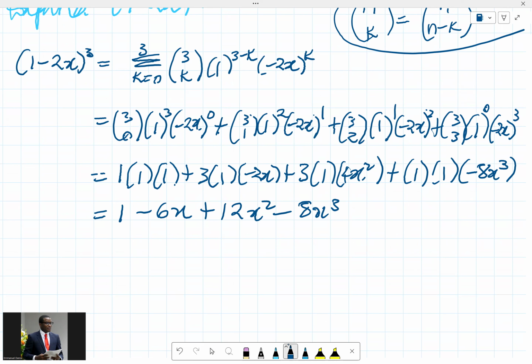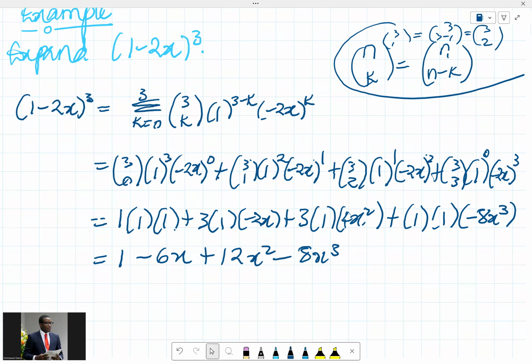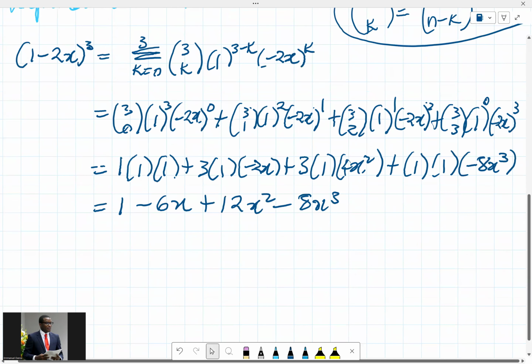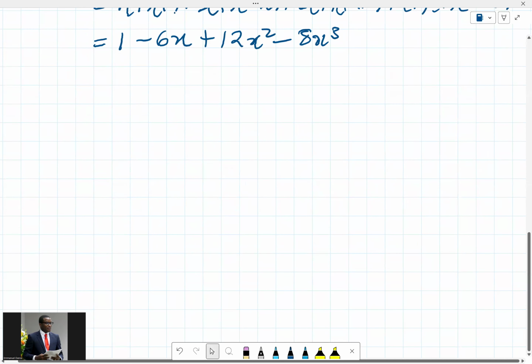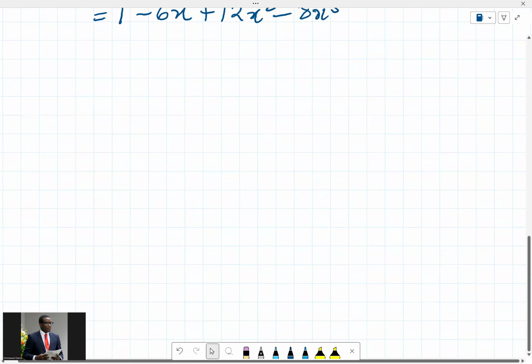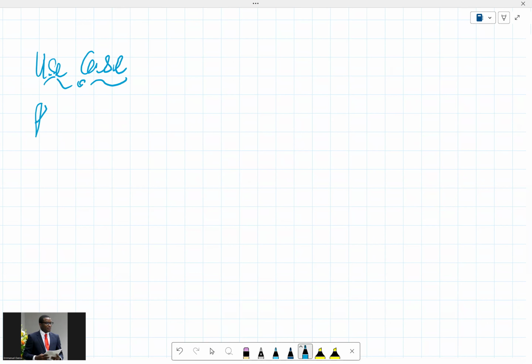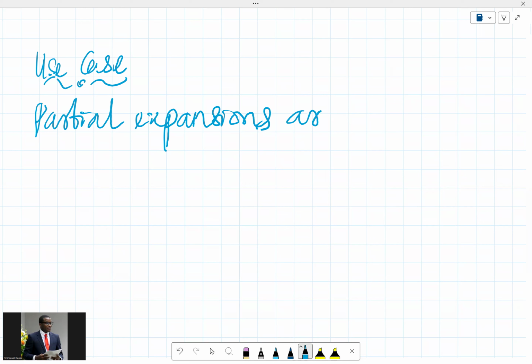Okay, so that's us applying the formula. But now, we are talking about using it to simplify algebraic expressions. Now, let's take a situation like that. Let's look at a use case. So what's the use case for simplifying algebraic expressions? So we can see that partial expansions are especially useful